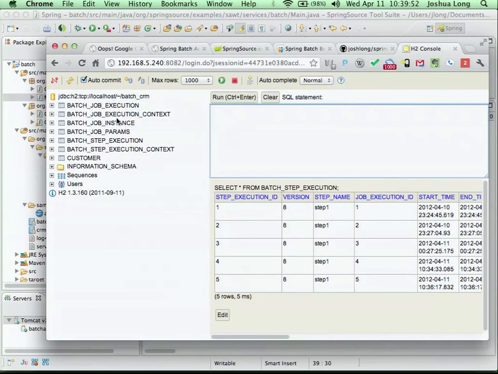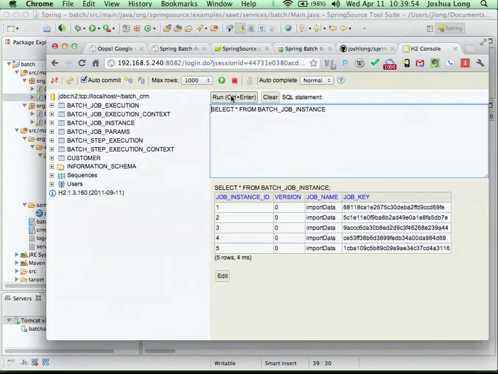You're going to ask these tables information about that. Spring Batch itself will know which job, and then it creates a unique key for all the parameters that you use when you launch the job. So we used a different date in the same file. It created a different key, and that's why we have multiple jobs here. If you try and launch the same job twice with the same parameters, it actually won't let you.